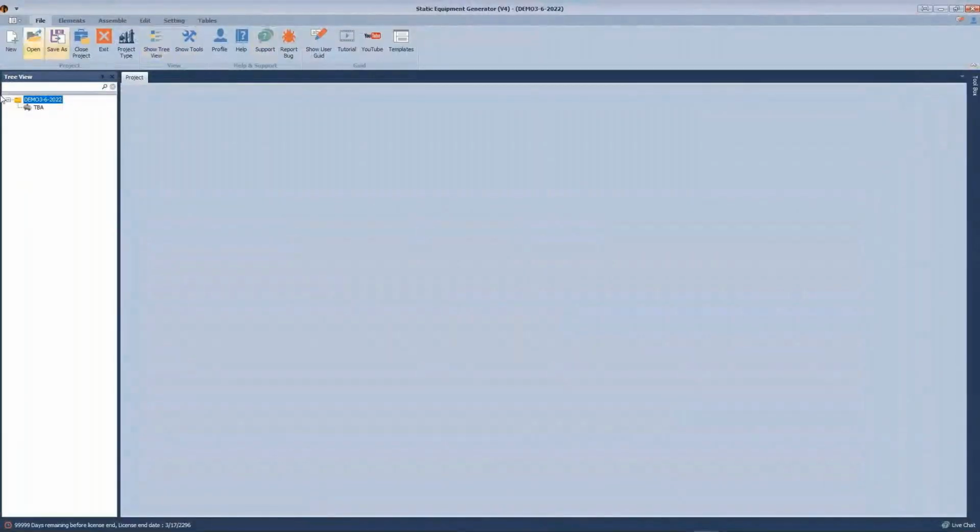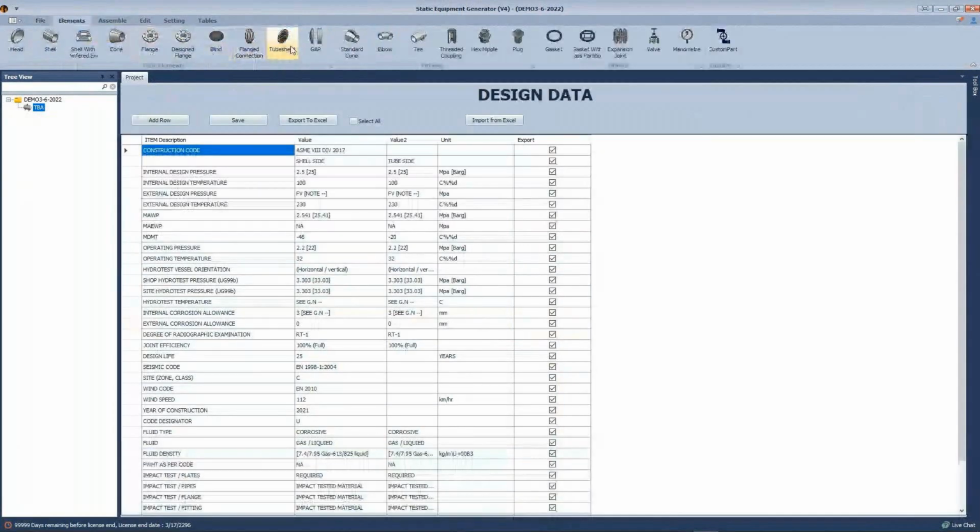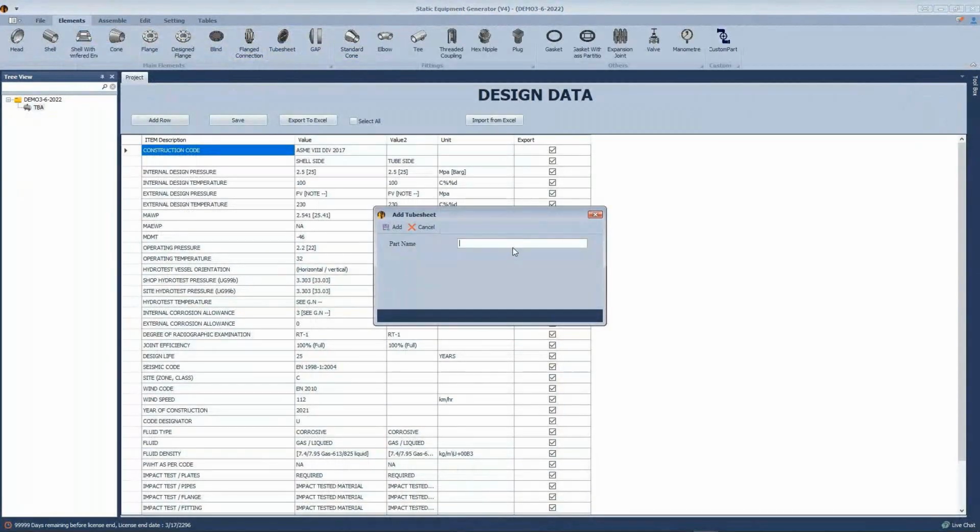Okay, here let's add a tube sheet. As you can see, the tube sheet feature appears, and the gasket, pass partition, expansion joint, all of those items are related to the heat exchangers,